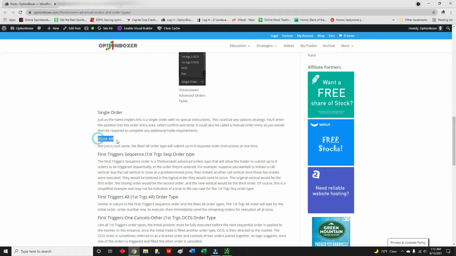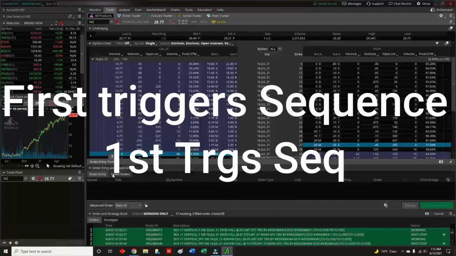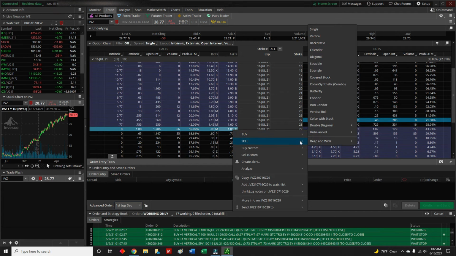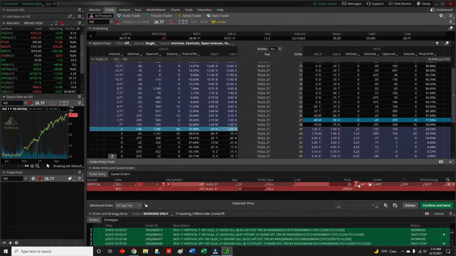So blast all, kind of cool. Again, not something I've ever used. First triggers sequence, or first Trgs seq, I guess is how you would say that. Just a shorthand for first triggers the sequence. So let's say you wanted to sell a vertical, and right now this vertical spread is 35 cents. Let's say you wanted to get filled at 60 cents. Well, first trigger sequence may be a decent idea if you wanted to